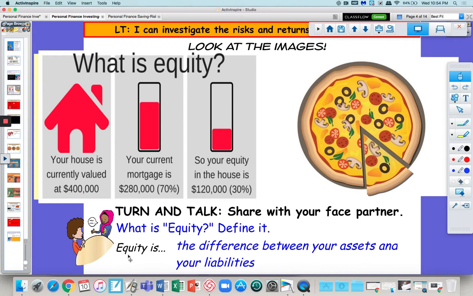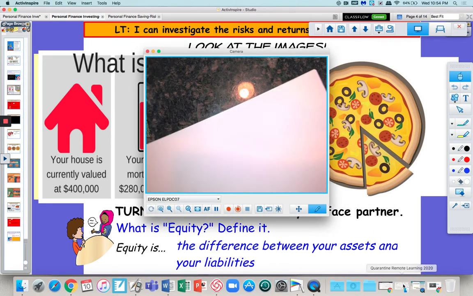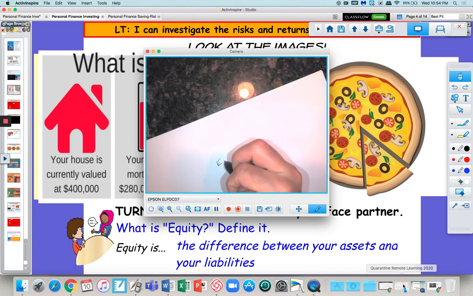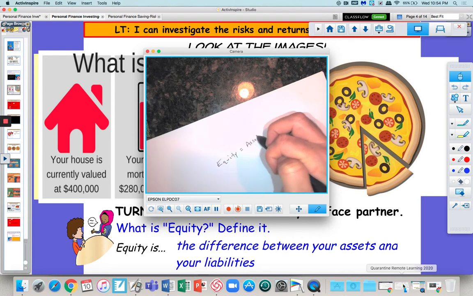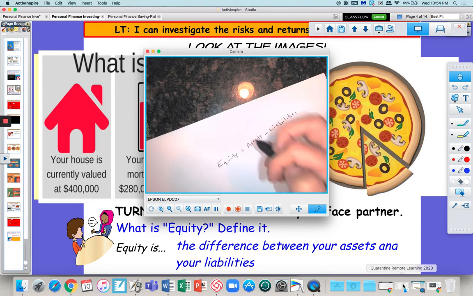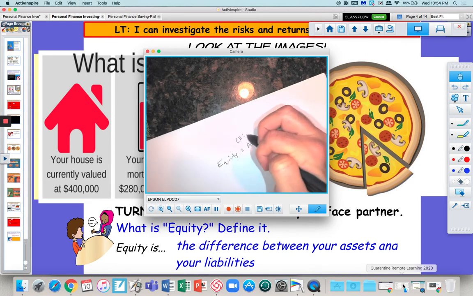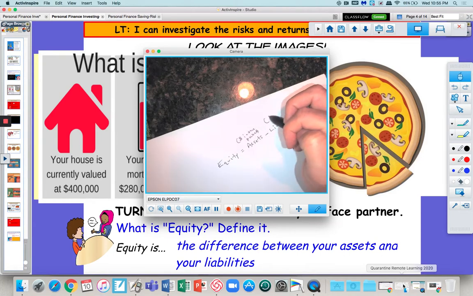Now, this is a term that we actually covered at the beginning of our unit, but remember what equity is. It's the difference between your assets and your liabilities. So in other words, when you look at this example, again, equity equals your assets minus your liabilities. Assets is money in the pocket. Liabilities are money leaving